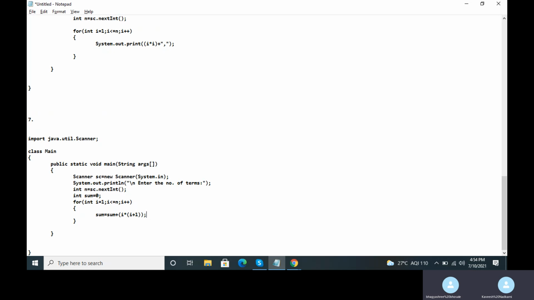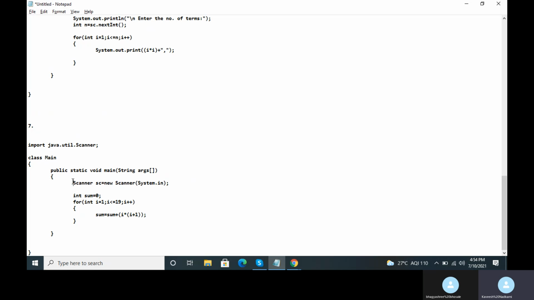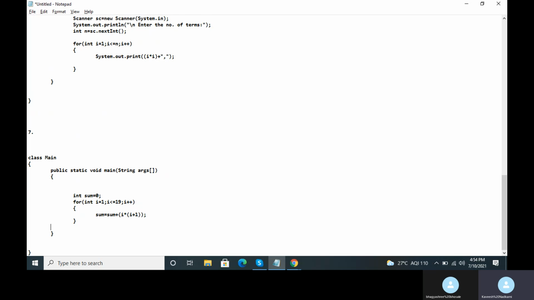Clear here? Yeah. Okay. So this process will continue till, okay, they have given that we have to do it till 19 into 20. I think till I less than equal to 19. बरोबर? So here also I don't need to accept the number of terms from the user and all. बरोबर? Correct. Just if I don't need to use the scanner class. Directly system dot out dot println. The sum is plus sum. Correct.